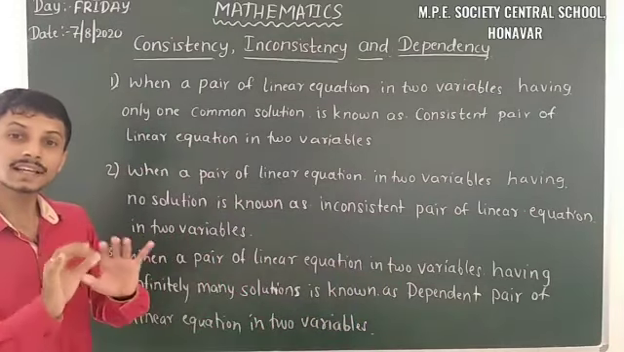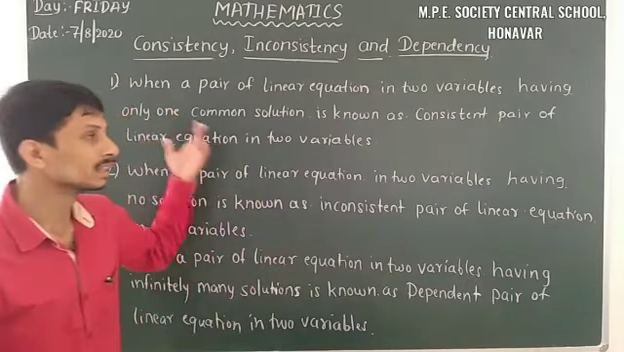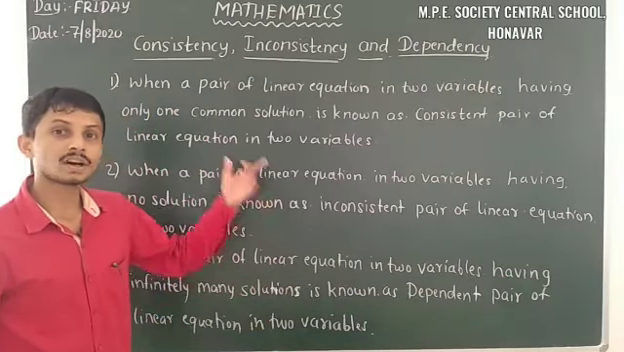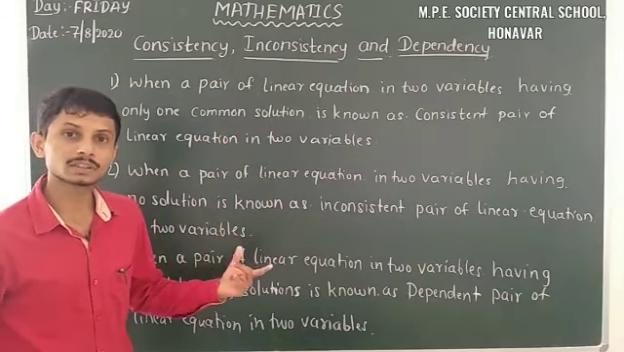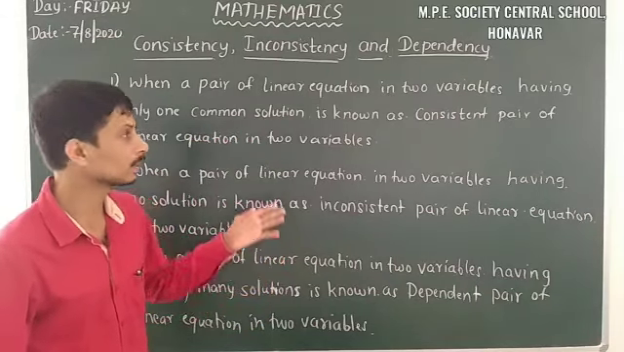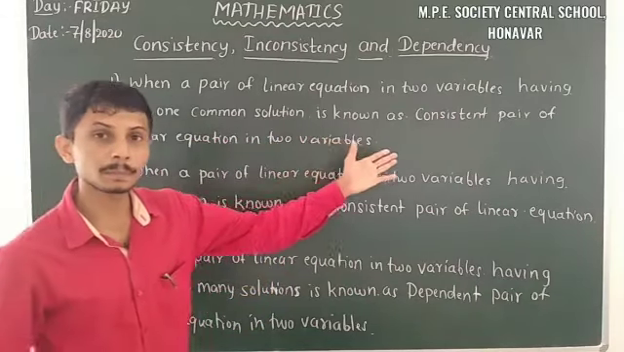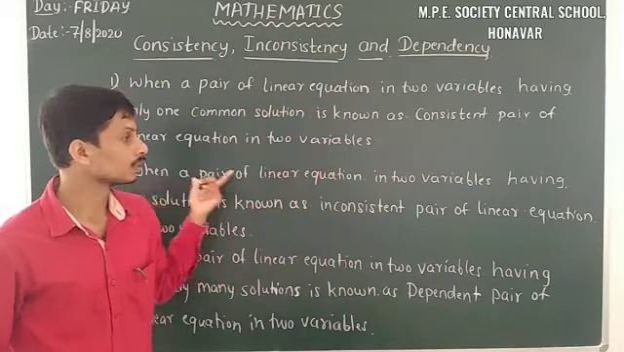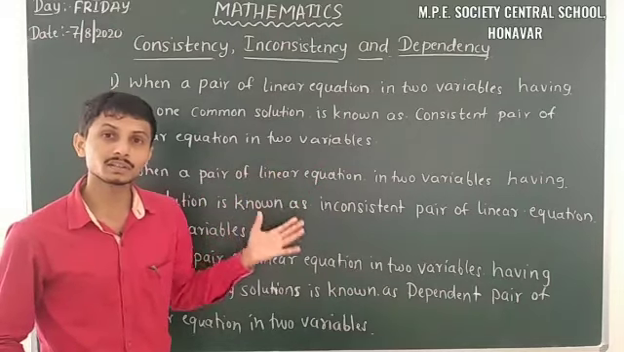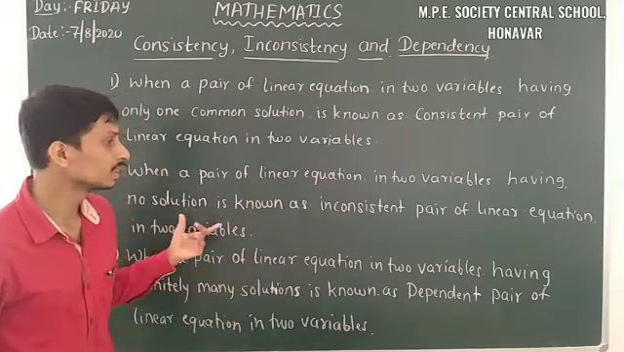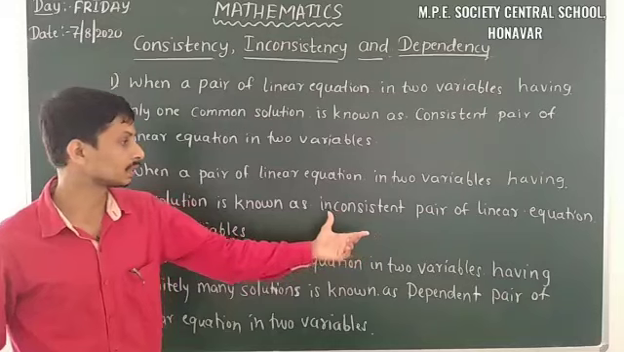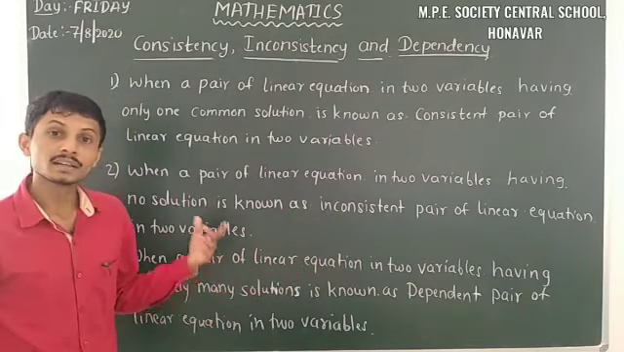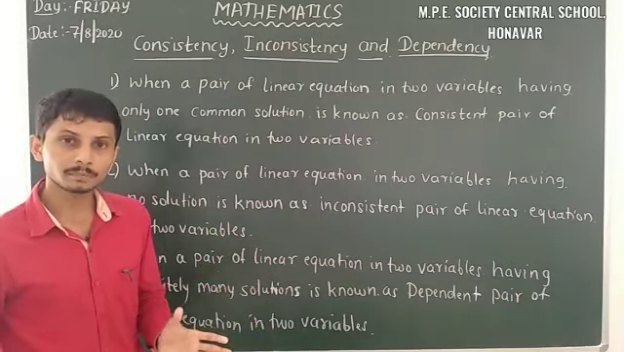Yes. So these are the three important cases of a pair of linear equations in two variables. One is the consistent pair of linear equations, a pair having a common solution. When the pair of linear equations has no solution, it is an inconsistent pair of linear equations. When the pair has infinitely many solutions,